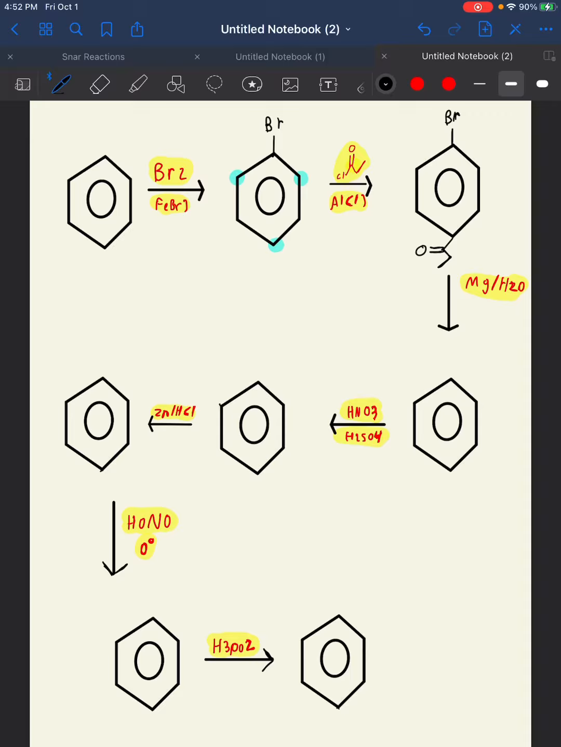Okay, now we're doing Mg/H2O. So Mg/H2O just removes the halogen. It can remove chlorine, bromine, iodine, OTf, any halogen except for fluorine. So remember that. So now then when we just get this,